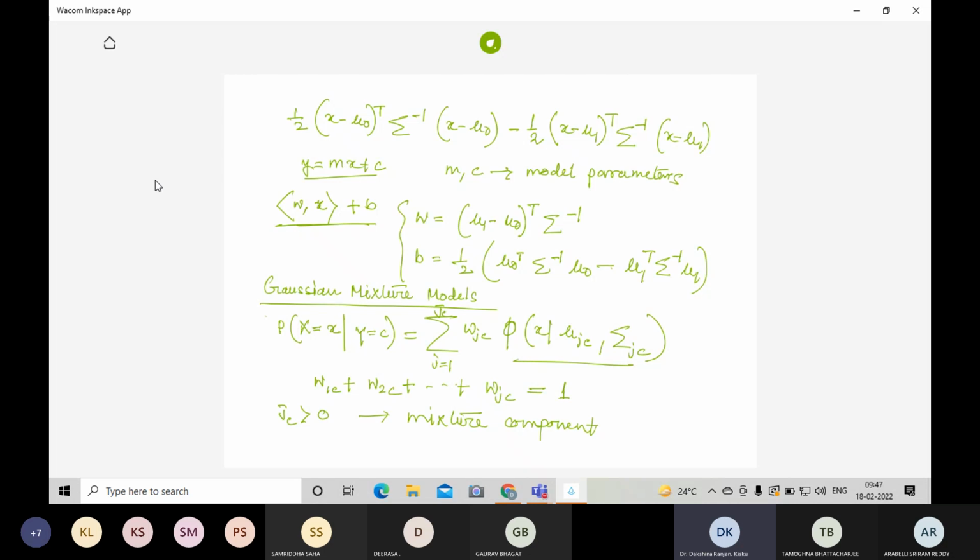That can be given by the log of the Gaussian likelihood estimation. So here we can have